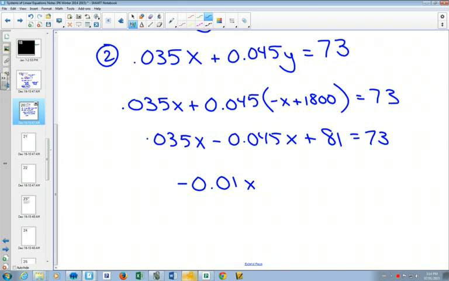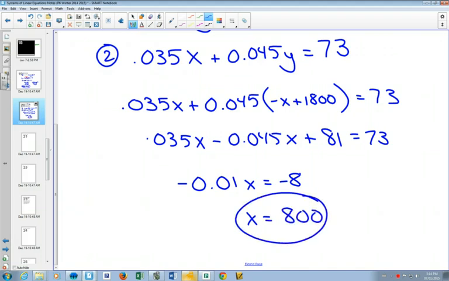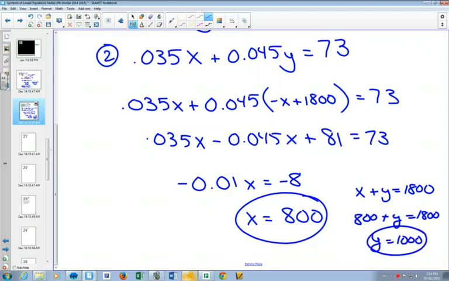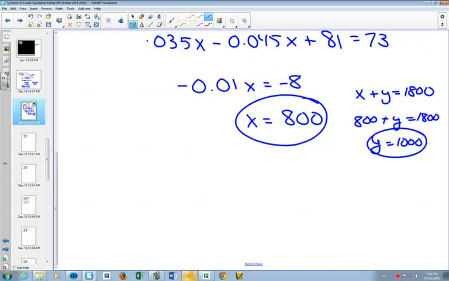If we subtract 81 on both sides, we get -8. Divide both sides by negative 0.01. And we get x equals 800. Which equation would you like to plug that into to find y? The first one. Good. X plus y equals 1,800. We know that x is 800, plus y equals 1,800. So y is 1,000. So our solution